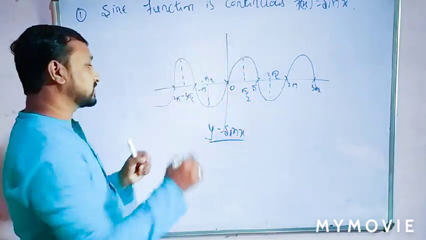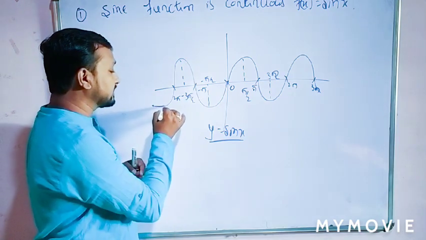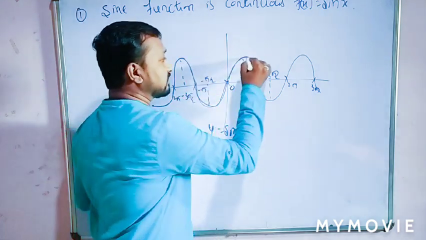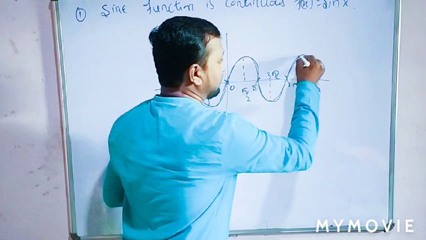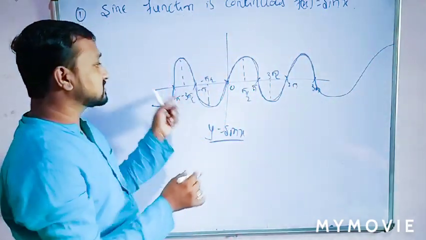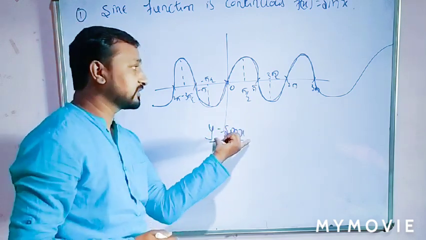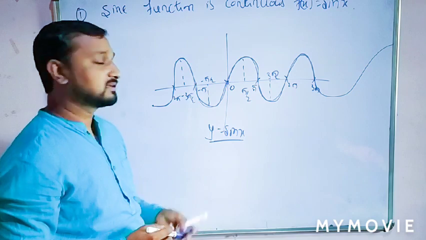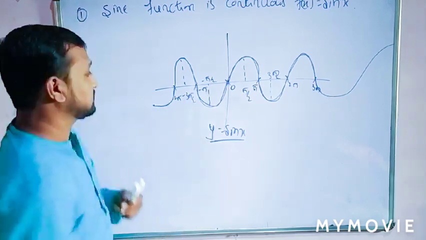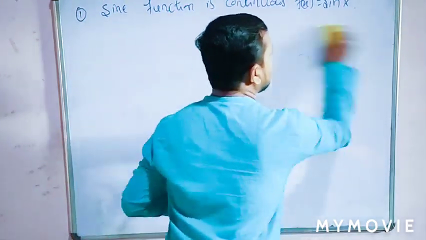Is that clear? Yes, dear students. So I can start from an initial point and draw the graph of this function without lifting the pen from the plane of the paper, continuously. So this is the y is equal to sin x function, and it is continuous in general. Likewise, the cos function is also continuous. The cosine function.